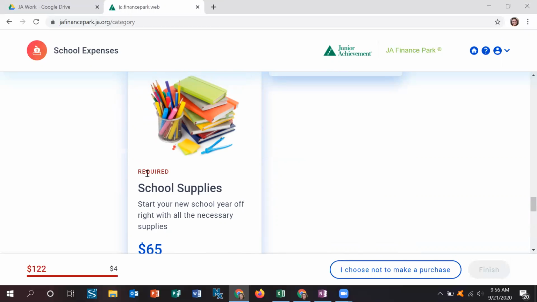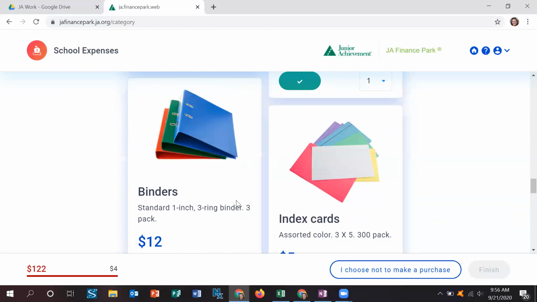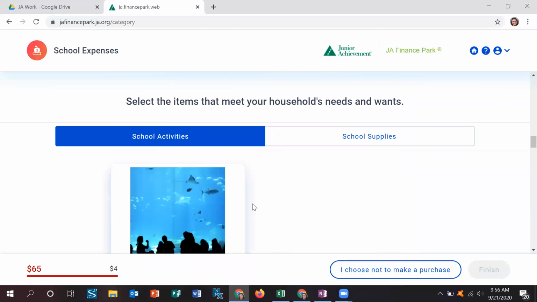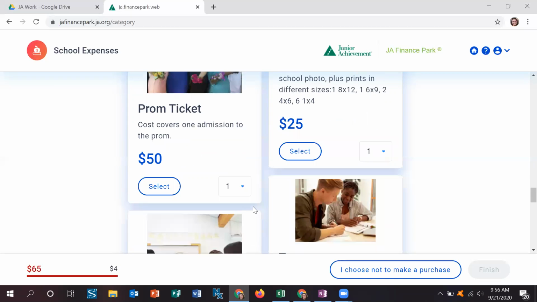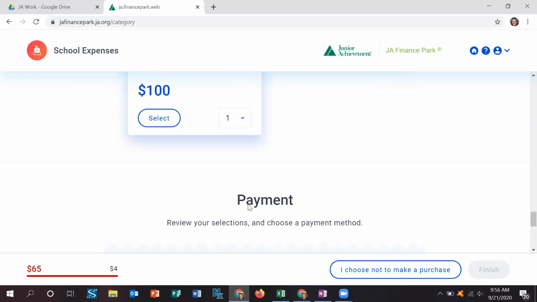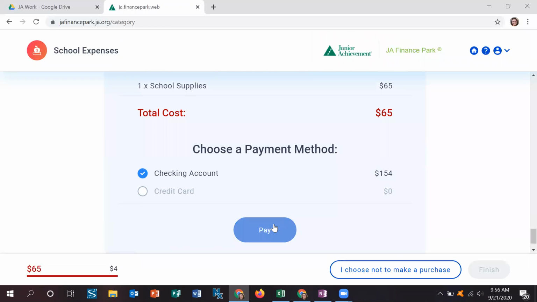So this is a required item. See how it says required? I have to have that item. I don't necessarily need to have the backpack, so I might need to do a little searching to see what is marked as required. So for now, I need those school supplies, which is why it was marked required. So now I can pay